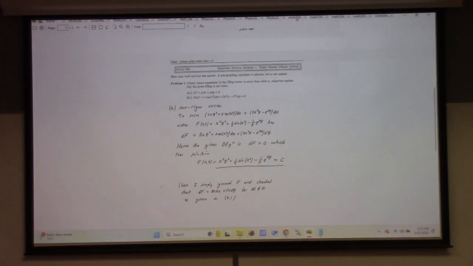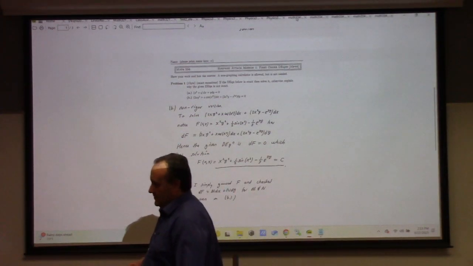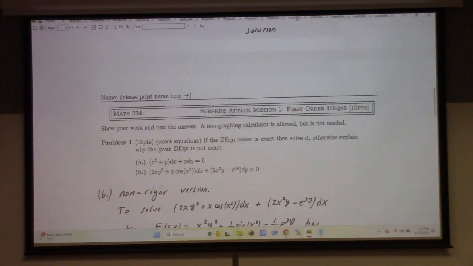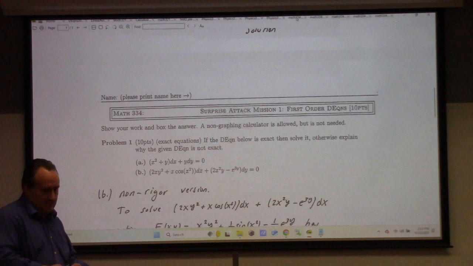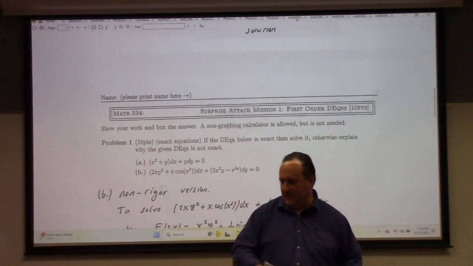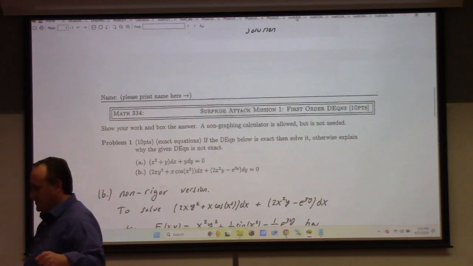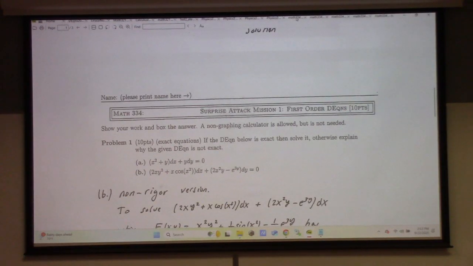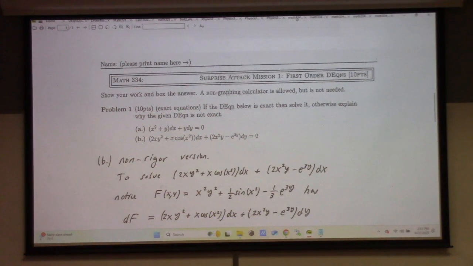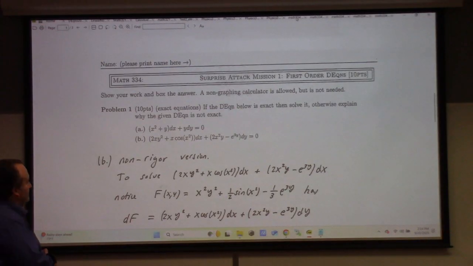So to start, what was the first question I asked you guys? If the differential equation below is exact, solve it. If not, explain why not, right? So this one here, now that we know about differential forms, we could take a different approach. You could just take the exterior derivative of these equations, and if the exterior derivative is non-zero, then it can't be the case that you're looking at df for some function f, right? But anyway,